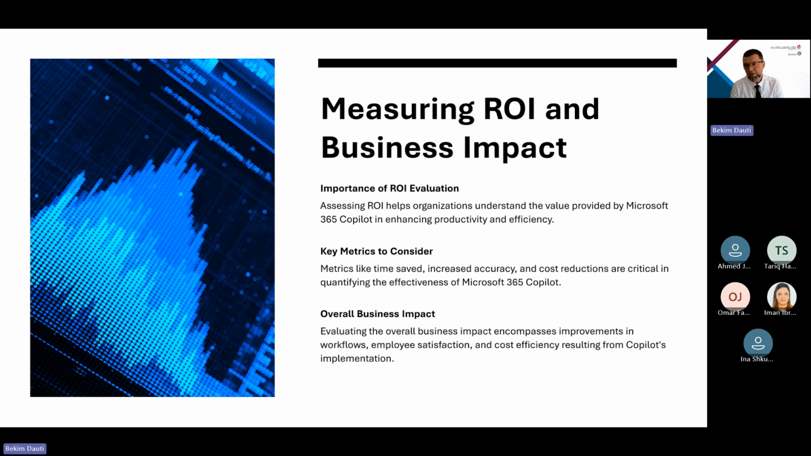When it comes to measuring the return on investment and the business impact, that's considered another essential for understanding the value of the Microsoft 365 Copilot. For that very reason, we take on the importance of evaluating the return on investment. In that regard, we can benefit from leveraging the Microsoft 365 Copilot, which will help enhance both productivity and efficiency by helping the organization assess the return on investment. Then, of course, the key metrics to consider: saving a lot of time,